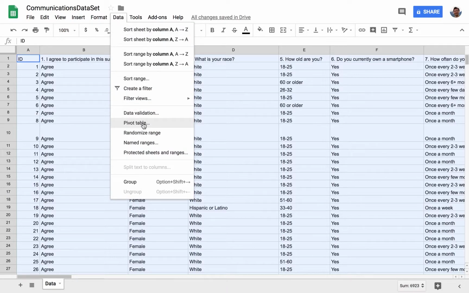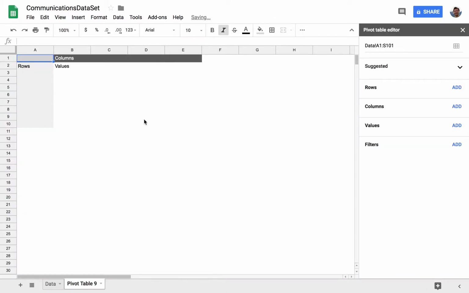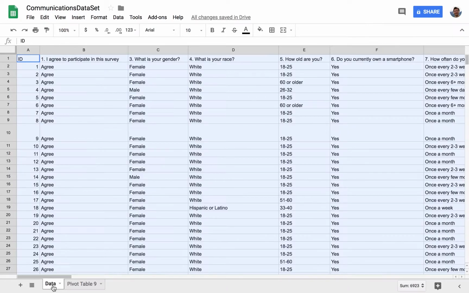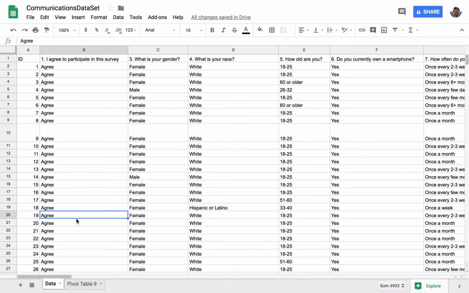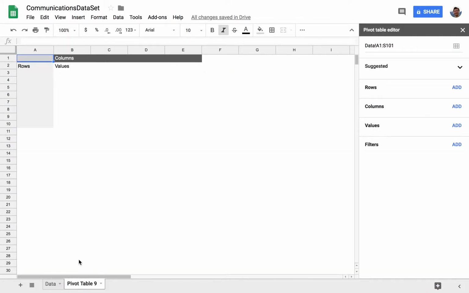to Pivot Table. And when we click Pivot Table, a new sheet is going to open at the bottom, and it's going to be called Pivot Table with some sort of enumeration, depending on how many times you've run a pivot table in this particular Google Sheet. So when I click Pivot Table, I get a new sheet, so I can jump back to my raw data if I need to. I get Pivot Table 9, and over here, the Pivot Table editor is what we're going